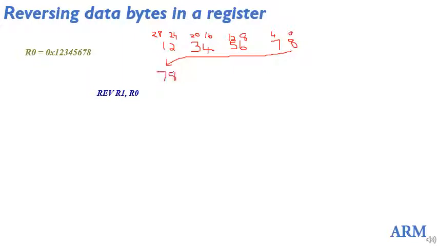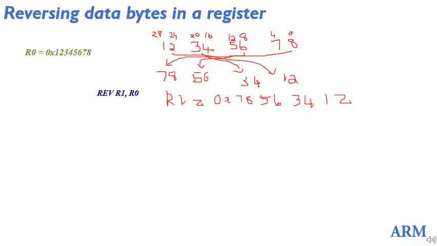Next byte will be the second byte, that is 56. Next byte will be 34, and last one is 12. So your result should be 0x78563412. The next instruction,